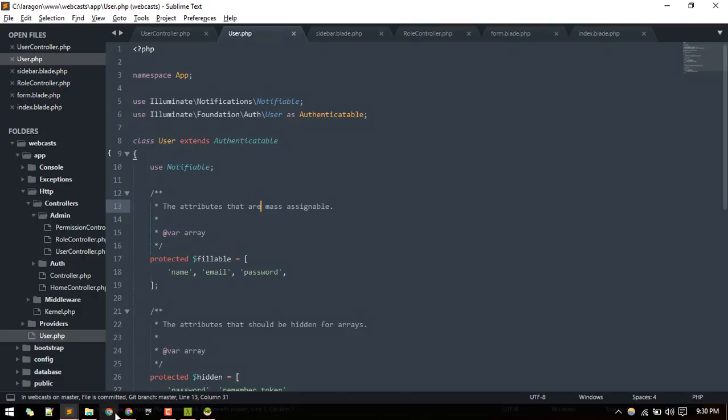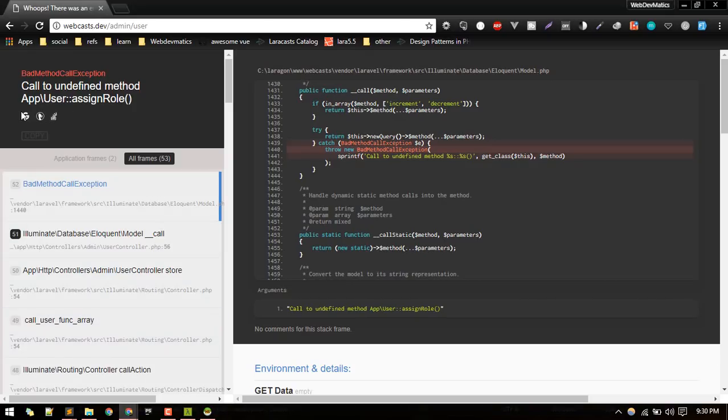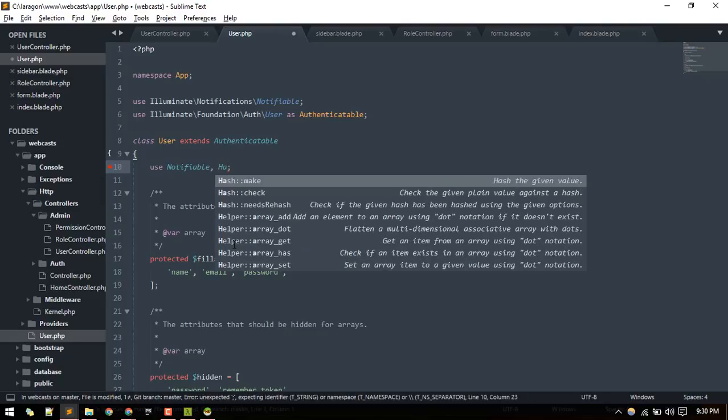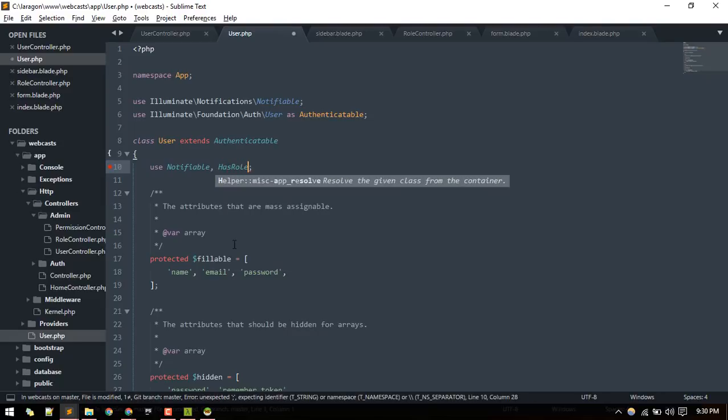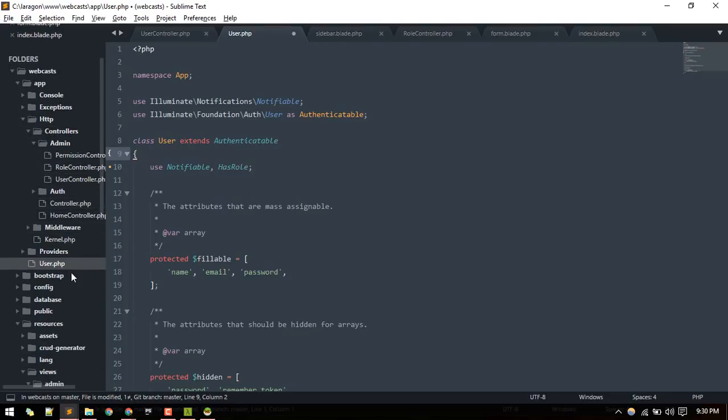Okay, so it says, always read this error carefully in order to debug. It says this method is undefined, which means that method is not defined in User. So I thought we had implemented that HasRoles trait. I think we did, but